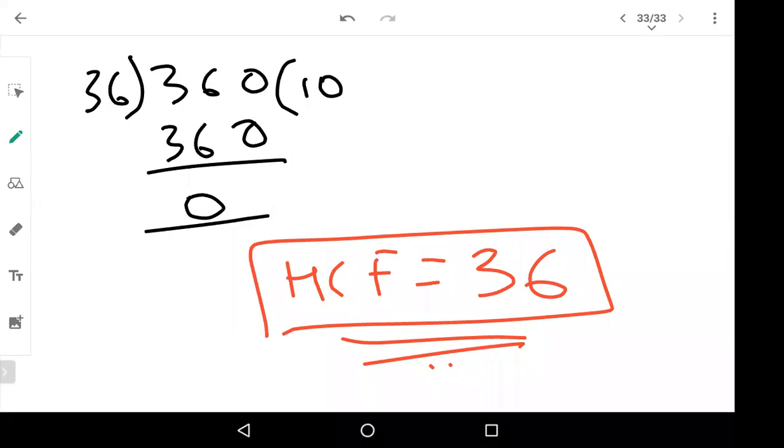Okay. So the final HCF is also 36 for the second part. And these are the problems for HCF under division method as well as under your prime factorization method. So until now, what all have we solved? We have solved problems of LCM under prime factorization method and division method. We have also solved HCF under prime factorization method and division method.